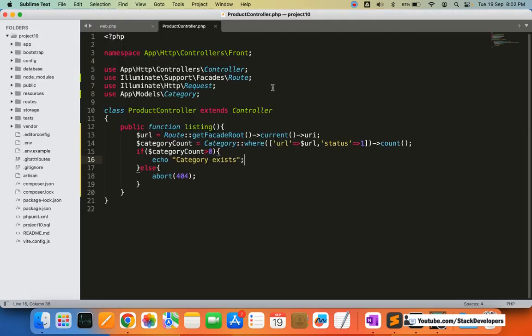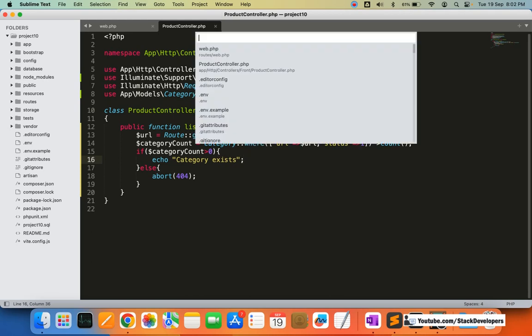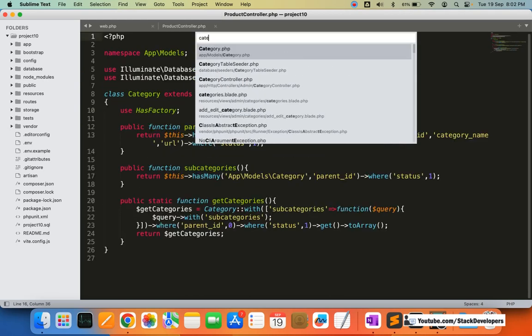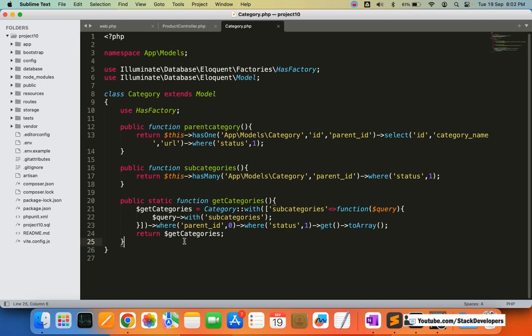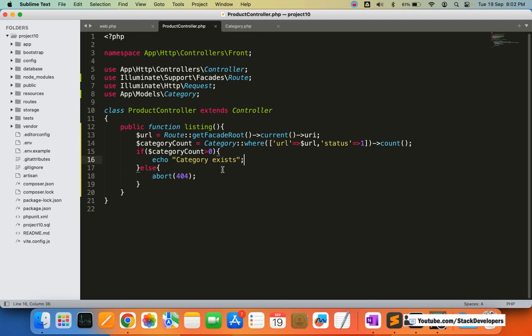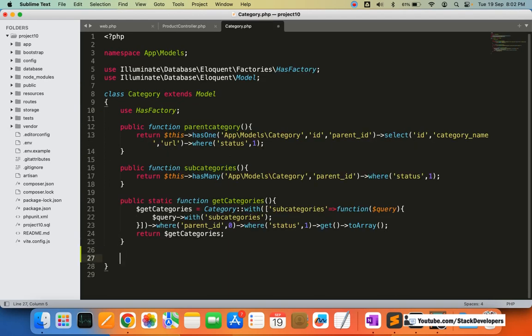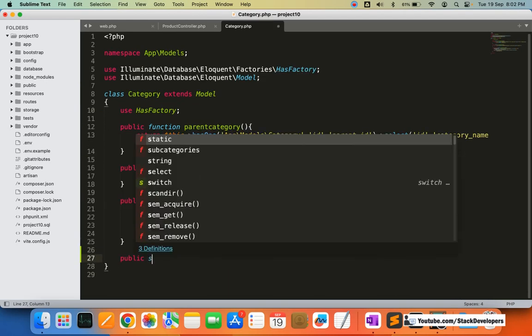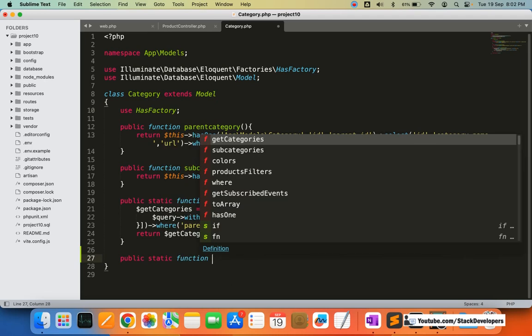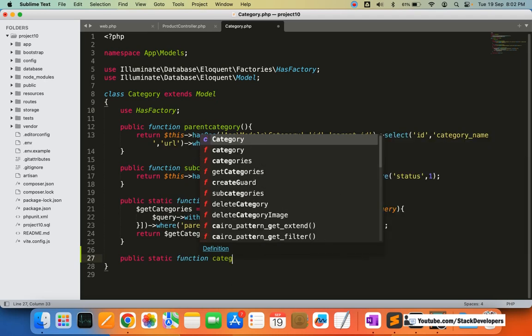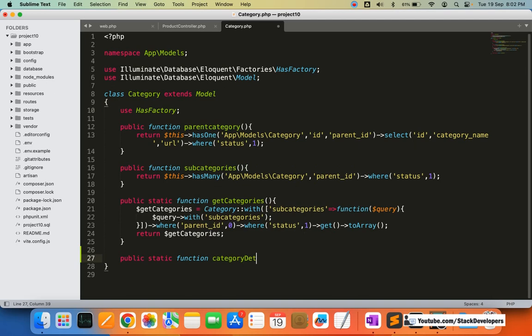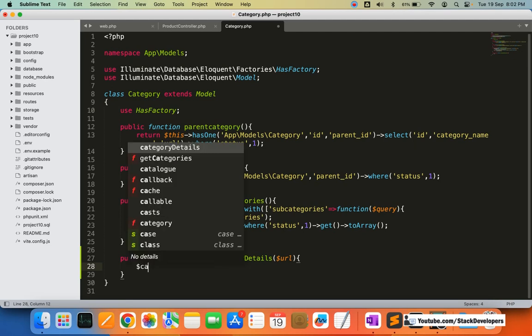Okay, so for getting the category details, we are going to create another function in the category model. So I will open the category model here. See, here we are going to create one function to get the category details from the URL, that we are going to call here. So we are going to create that function straight away. Public static function categoryDetails, and here $url, we're going to use that URL that we have fetched